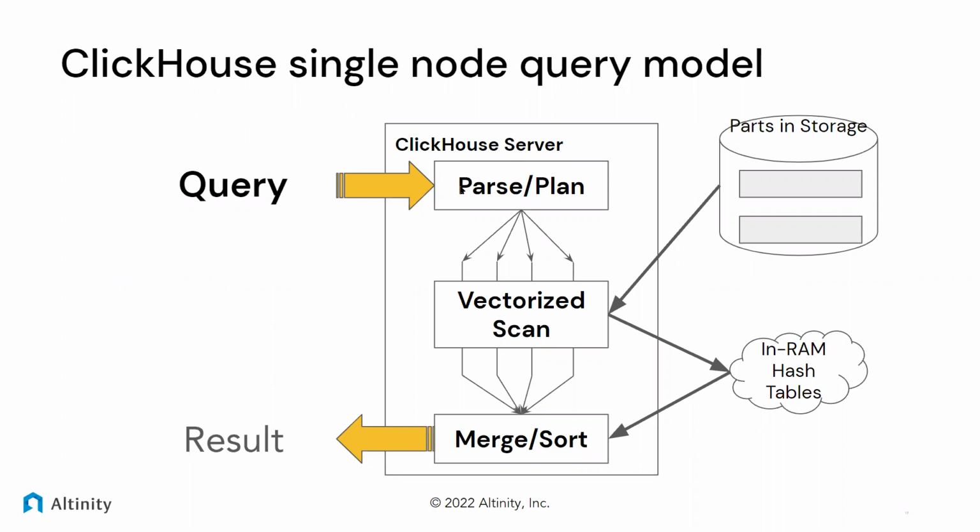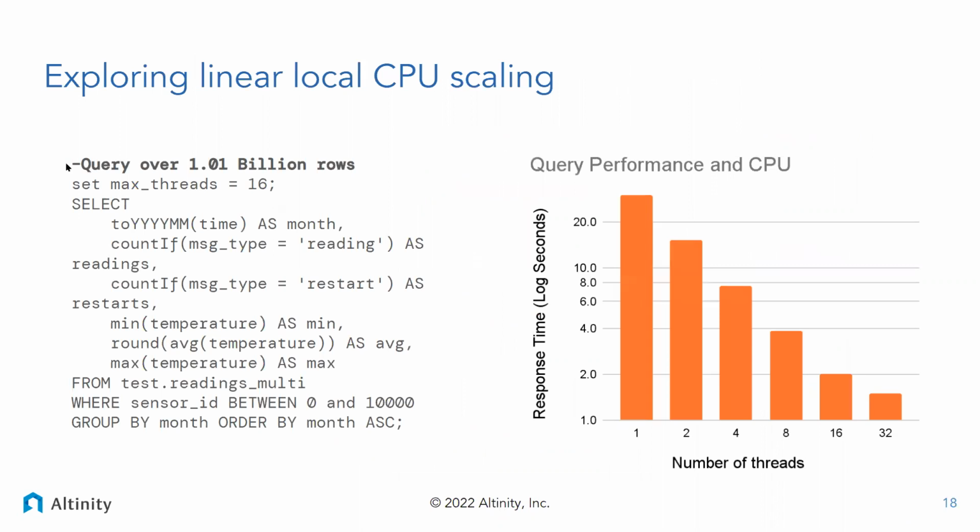And the key things to notice here is we have that parse and plan step. Those are the first two steps. And then we actually run the query. And most of the time, in many cases, is going to be a vectorized scan. So we're going to farm this out to some number of threads. They're going to be jamming through storage as quickly as possible. They will hold intermediate results in memory. And then at the end, they will merge those results, sort them if it's required, and hand them back. So that's the query model. If you get this right, the scaling is excellent.